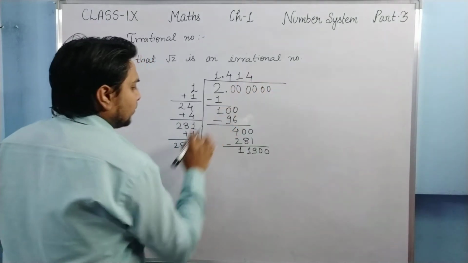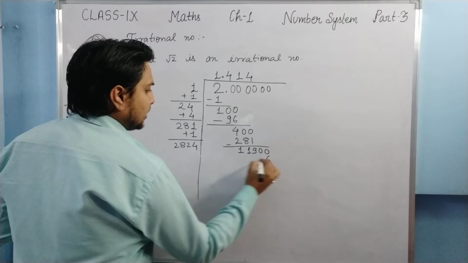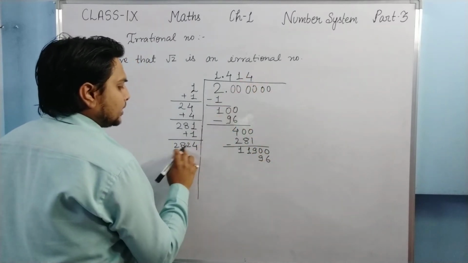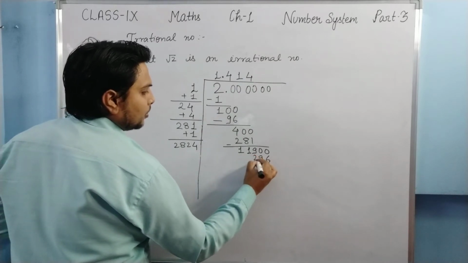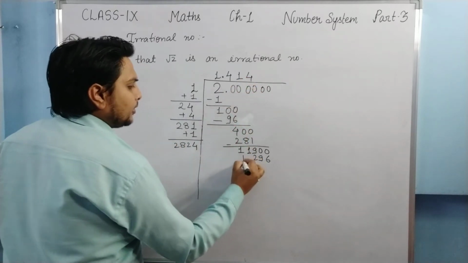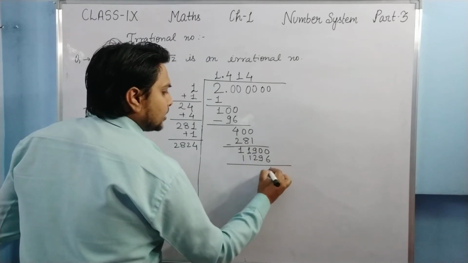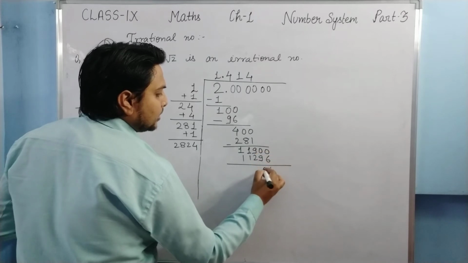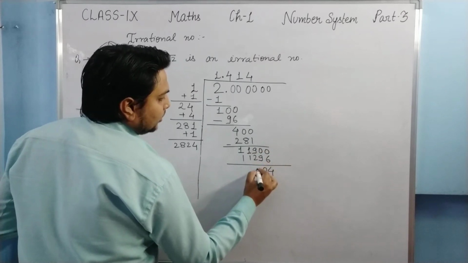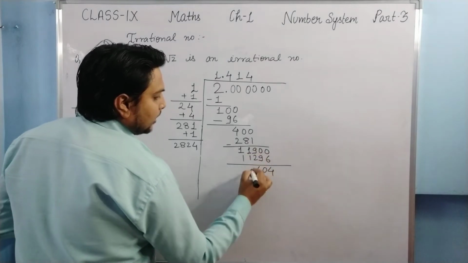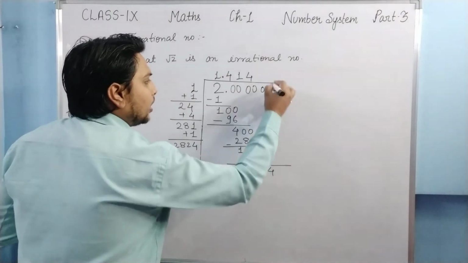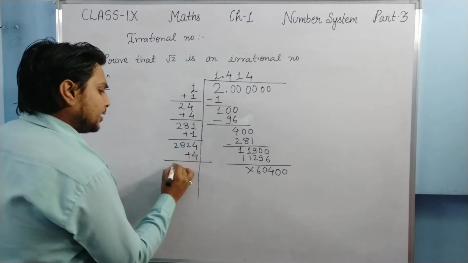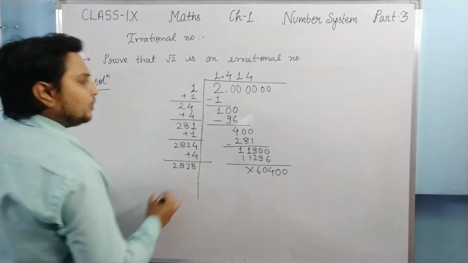Okay, so just multiply by 4. 4 fours are 16, 4 twos are 8 and 1 is 9, 4 eights are 32, carry 3, 4 twos are 8 and 3 is 11. Okay, so 10 minus 6 is 4, 9 minus 9 is 0. Okay, and 9 minus 8 minus 2 is 6, and then it cancels out. Okay, again 20 will be increased, and again we can add this to 28, and 28 will be there.